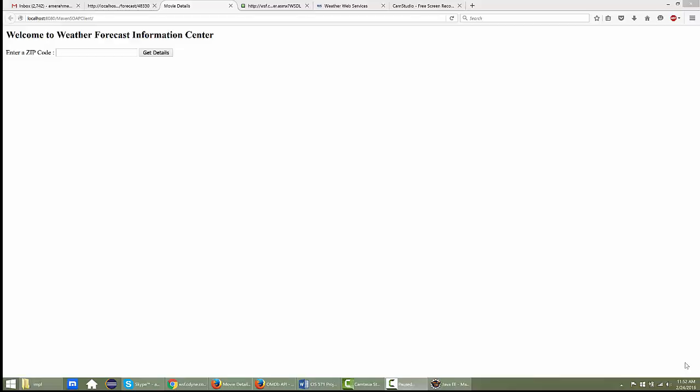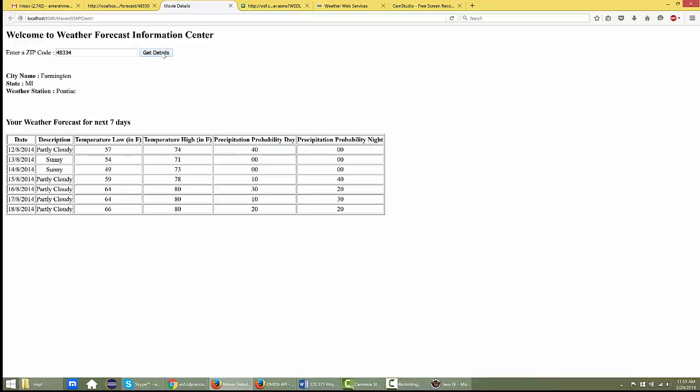Today I'm going to show you the working of SOAP web service client and REST web service client. So this is my UI which I have developed. In this UI it asks to enter a zip code. So if I enter a zip code like 48334 and click on get details, I would get the forecast for